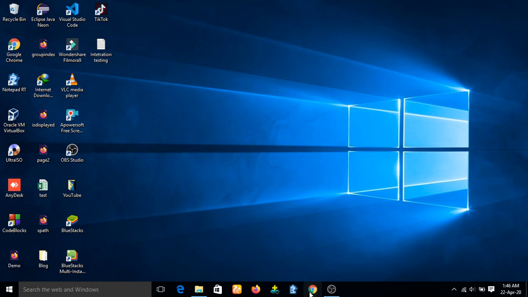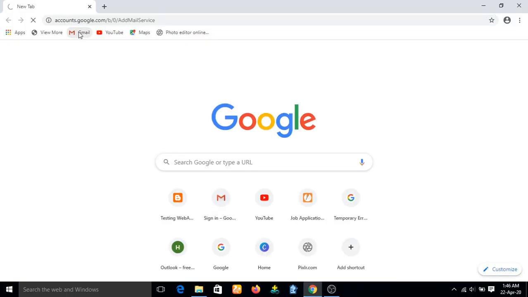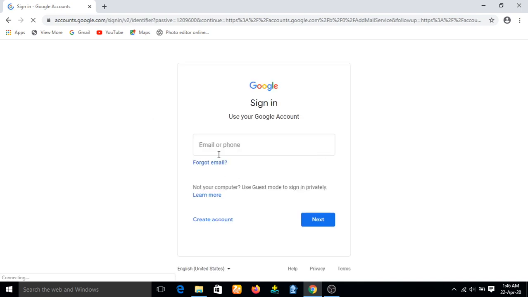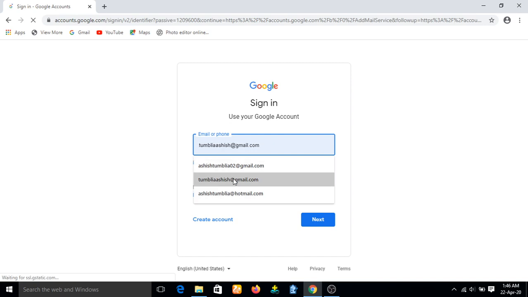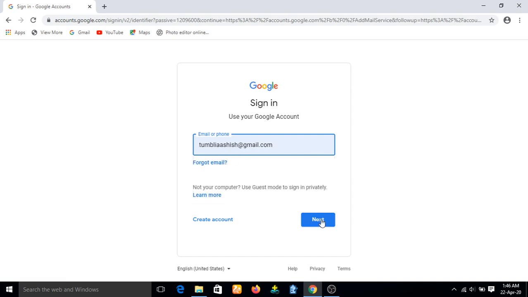I will open the Chrome browser. Here I will enter the URL. So I will open the Gmail account. Here I will give my email ID and click on next.